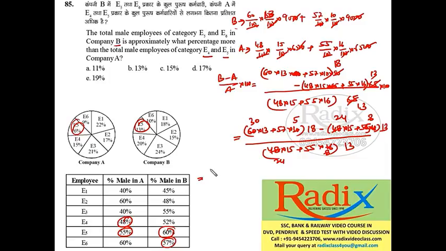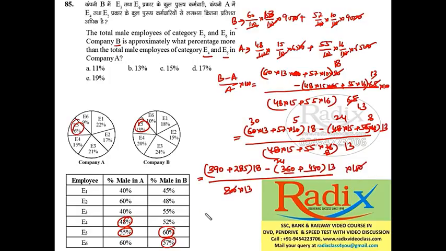This is 390 and this is 285 into 18 minus this is 360 plus 440 into 13 upon this value is 813 or into 100. Now 20 cancelled, so this is,